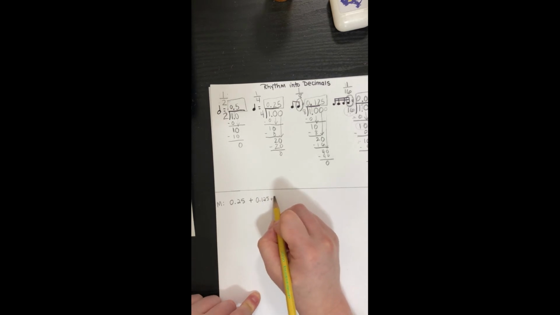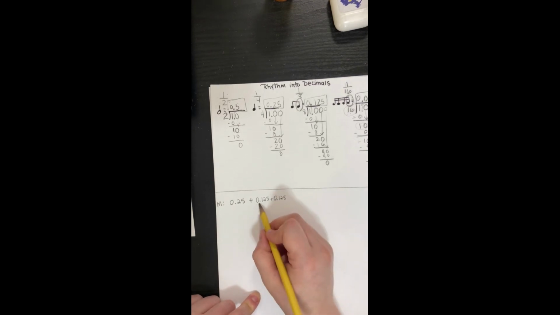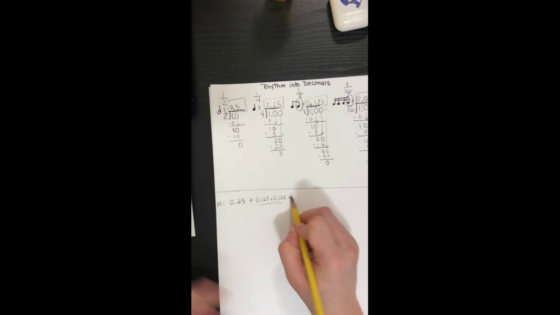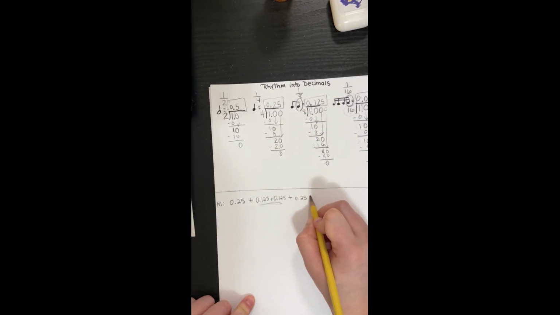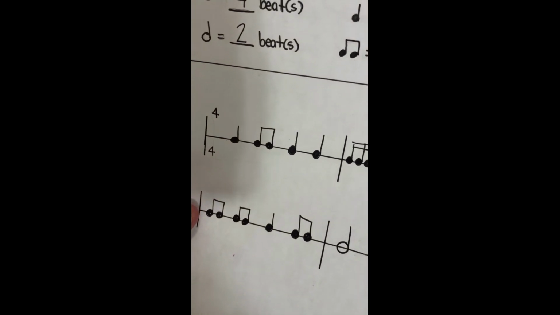0.125 plus 0.125. Okay, there's my eighth note pair. And then let's see, beat 3 of my measure was another quarter note. Again, 0.25 plus, and the last beat, beat number 4 in measure 1 was another quarter note,